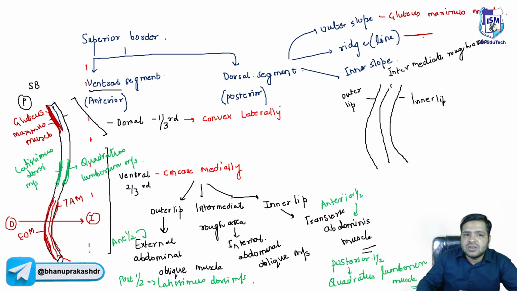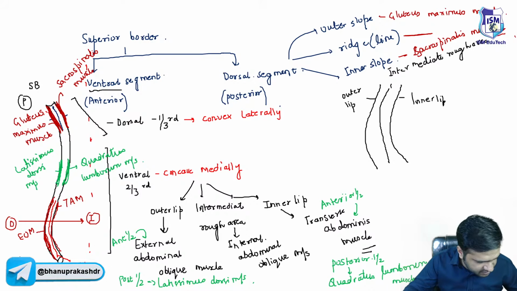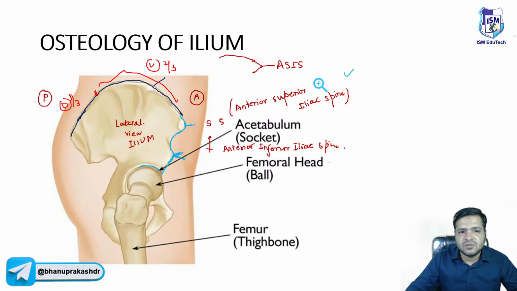Then we have a ridge, and on the inner slope beta, we have sacrospinalis muscle. Yeah. So remember बेटा आगे से पीछे की तरफ अगर हम जाए,